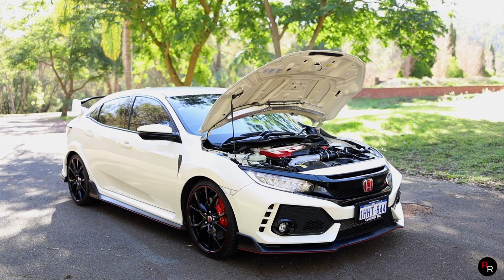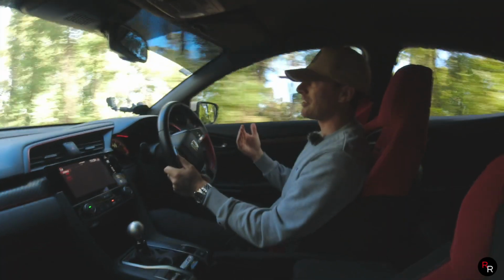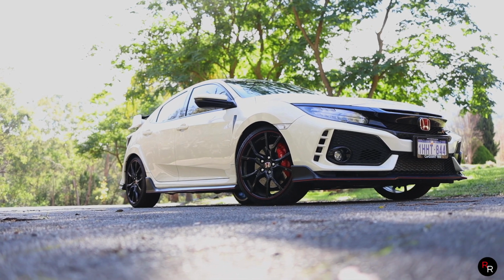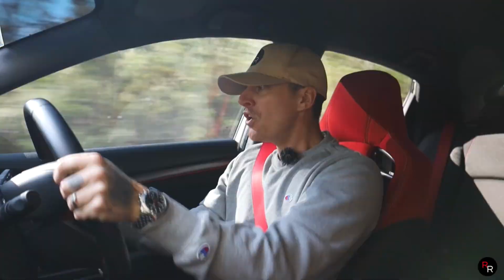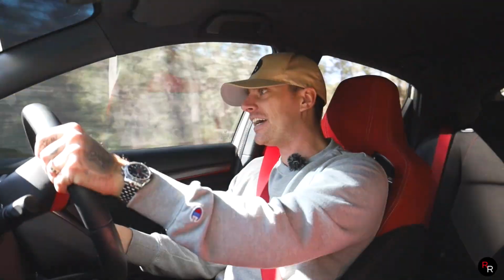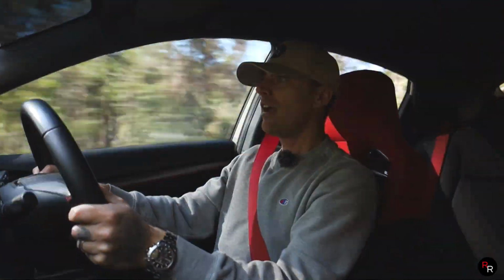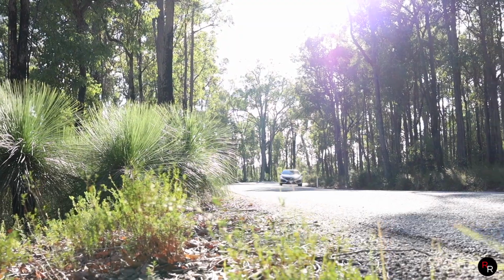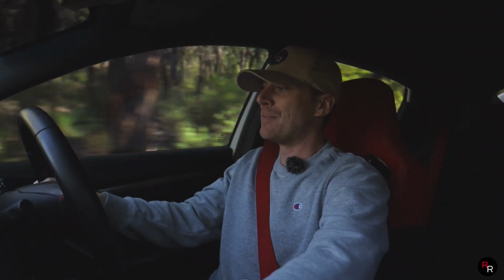And although you still think front-wheel drive, that much horsepower, how is it going to put it to the ground? This has a limited slip differential up front, and when you get on it, you can just feel it really help pull this car around a corner. And it really does get the power down also. And jumping on this Civic Type-R,